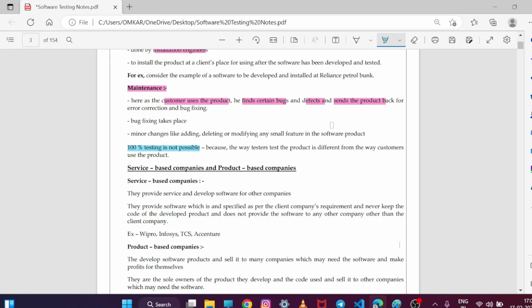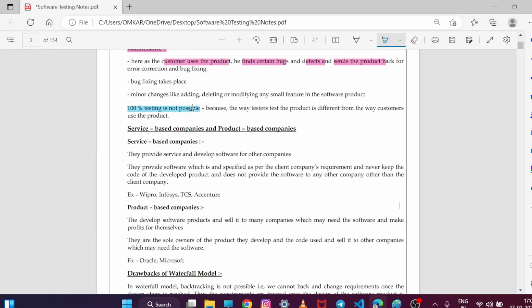Okay, say he uses the login feature. In the login feature it should take the email and password. But some customer may want to give only a name instead of email, some customer may give numeric numbers 1 2 3, or alphanumeric or special characters, anything. So the thing is, 100% testing is not possible.